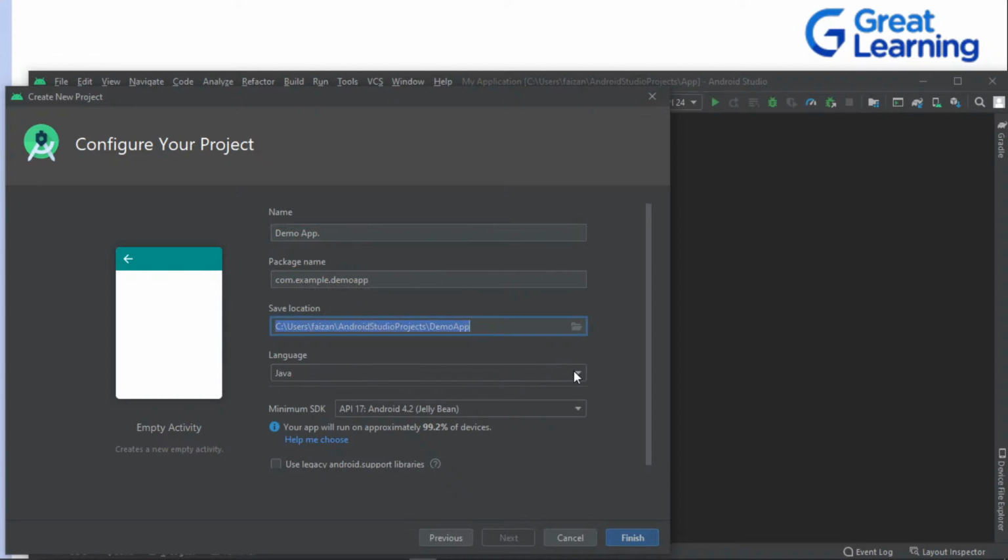And then language. Here you can select either Kotlin or Java. You have only two options, and depending upon the activity template that you're choosing, it will show you the options. In our case we will be using Java. And then is the minimum SDK. If you can see it clearly, it says that your app can run